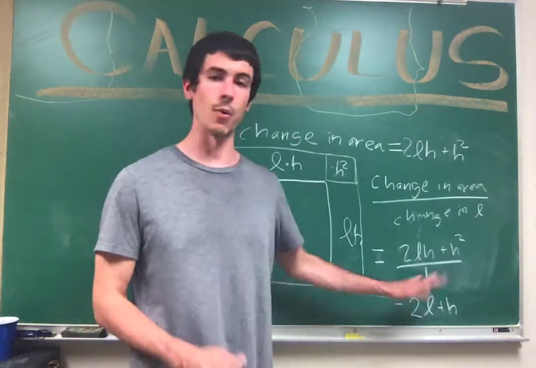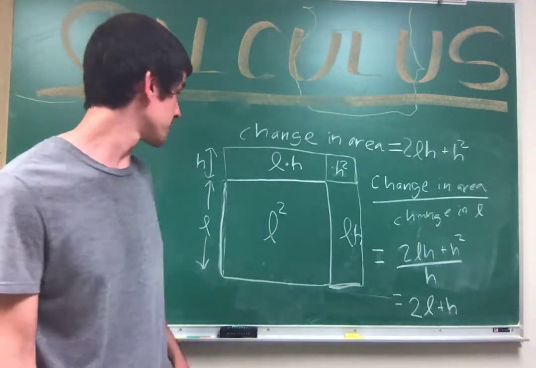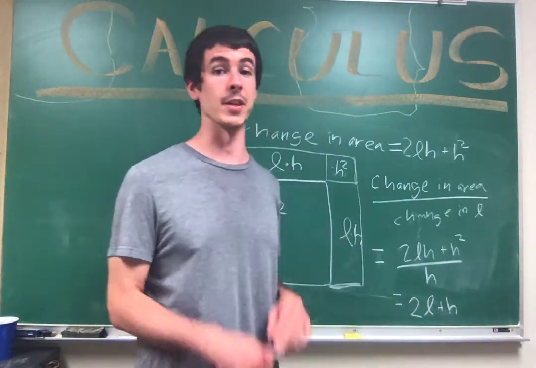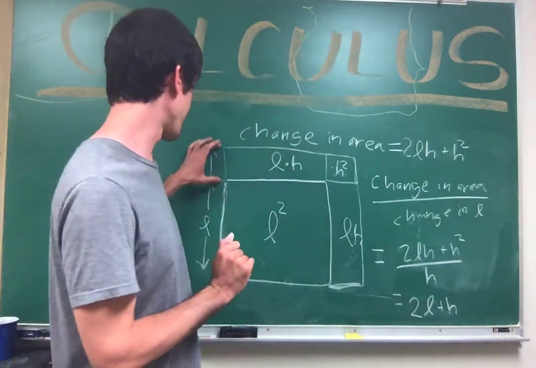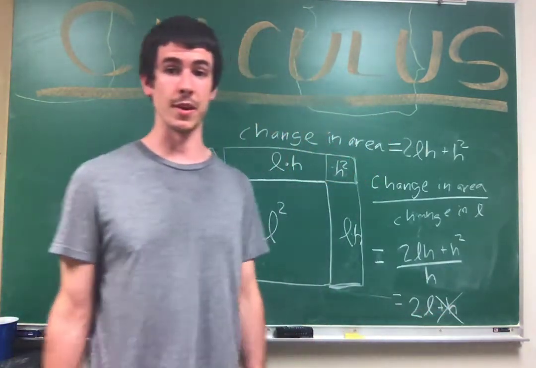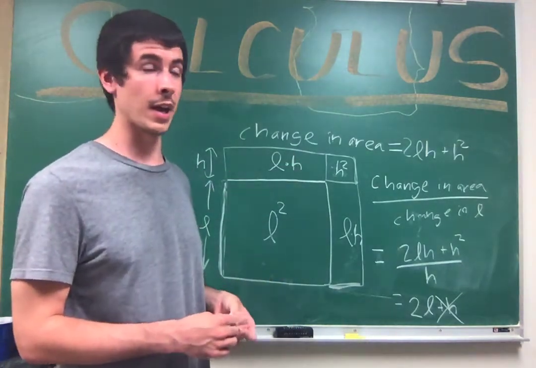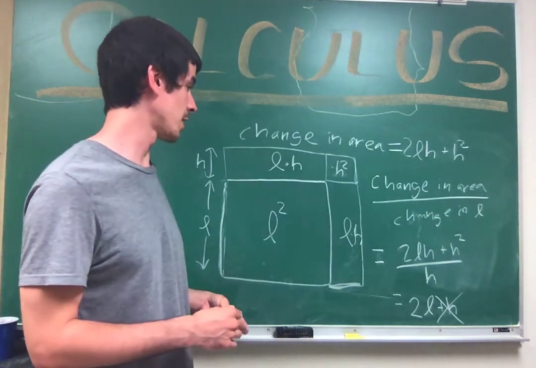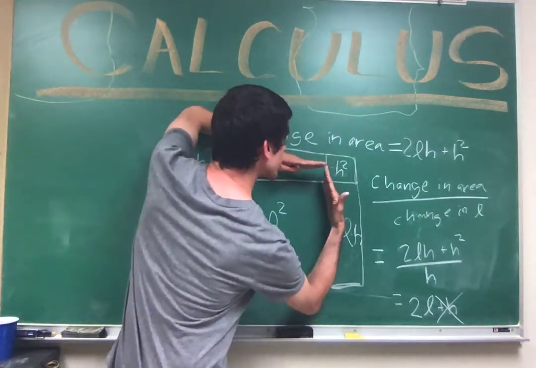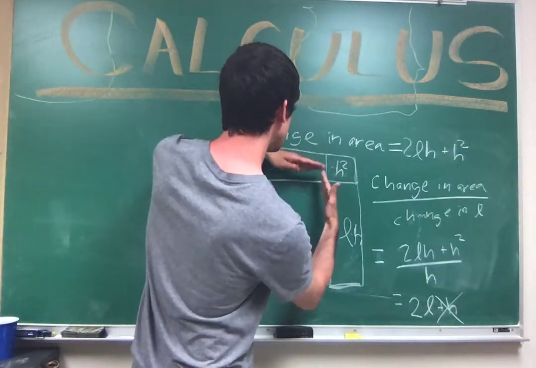So now, recall, well, what's h? h is being diminished ad infinitum, to put it into Newton's words. So h, as it's diminished ad infinitum for the instantaneous growth of the square, is just going to disappear. And we're just left with 2L. So that's interesting. The square is growing at a rate of twice the length. So you can think of these two sides, these lengths, growing outwards. It's 2 times the length. You can think of it as these expanding outward.